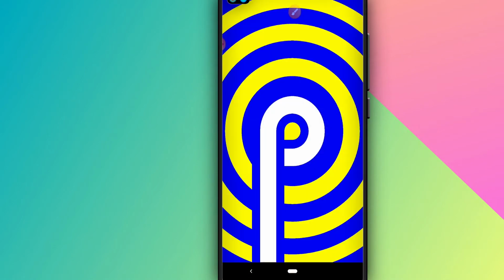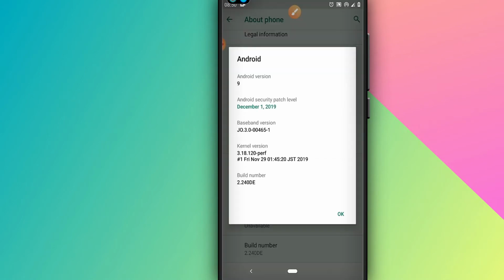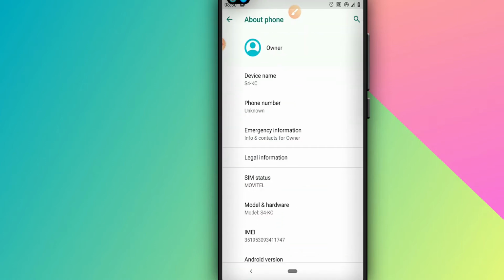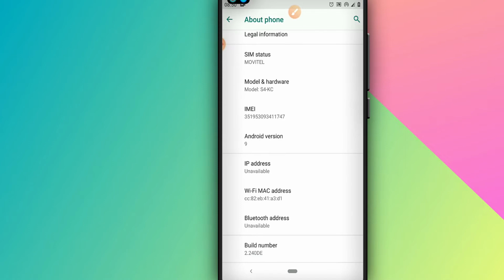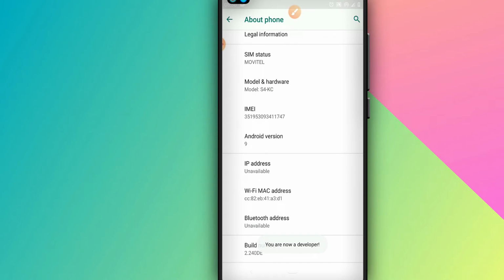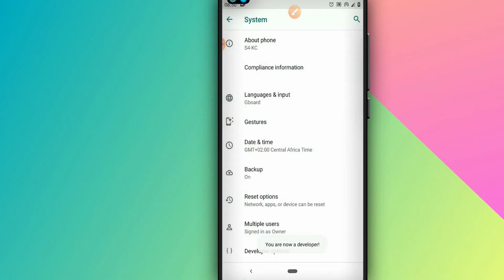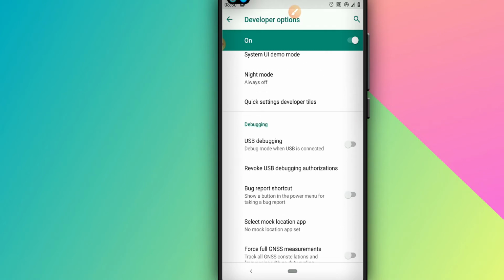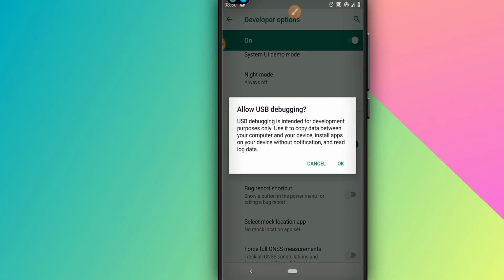Alright, perfect, done. So now what to do is just go in the settings here as well, and you need to activate the developer option and activate the USB debugging mode. To do that, you're going to click on developer option and click around 7 times on build number, then enable this developer option, then click on it, then click on USB debugging mode